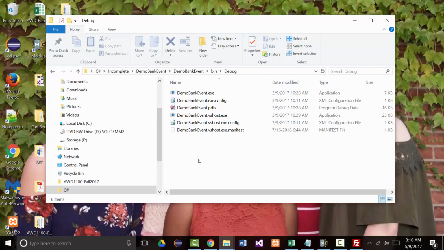But it doesn't follow the path. If you drag it over, then the path all goes away. Now it's up to you. I'm trying to think of the right word here, granular, I guess, you want to get with this stuff. You can copy over your source code files and your executables, or just your executables. I don't care which way you do it. But if you do your source code files, you might want to just link to all these using hypertext,